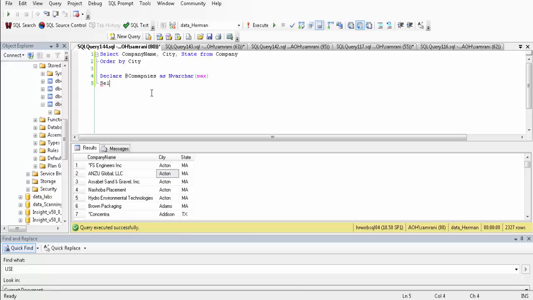I'm gonna select companies as equal to the same. So here let's declare and instantiate at the same time. So it's equal to the empty character. So I'm gonna put companies is the same, which starts with empty character plus company name